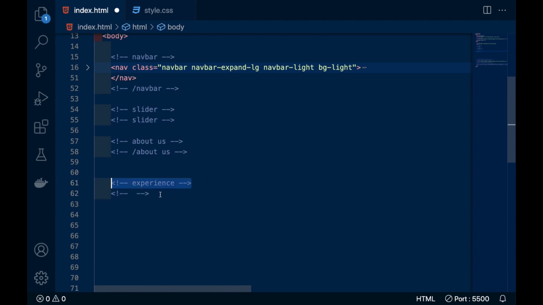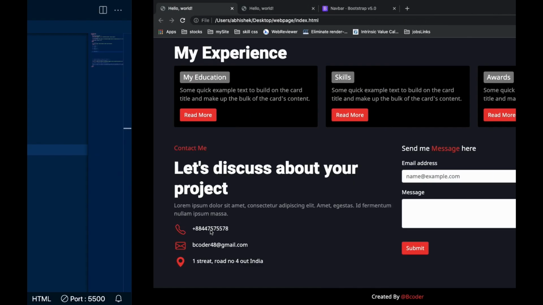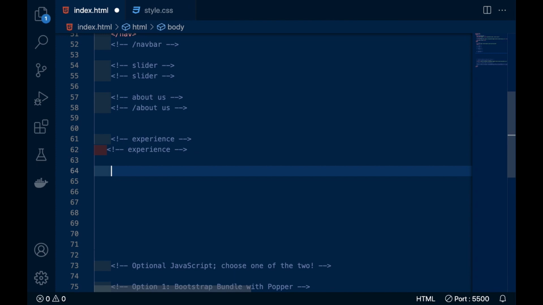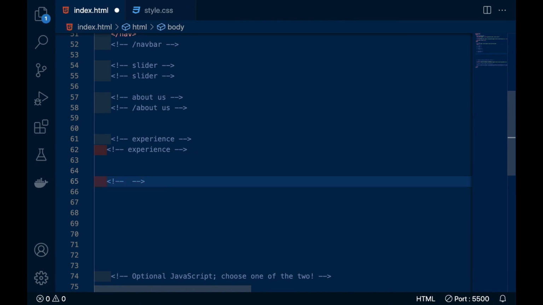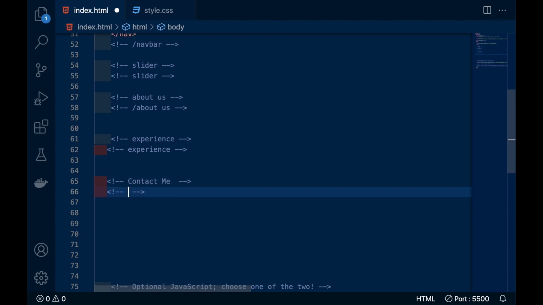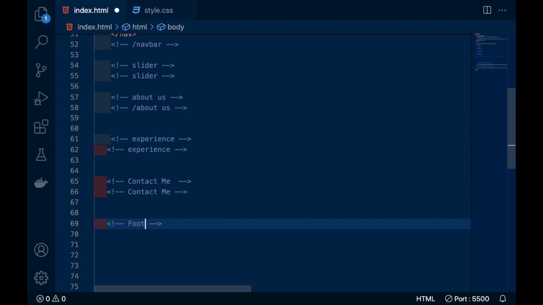Let's copy it and paste here. And after that section there is a contact me option, and at last we will have a footer.